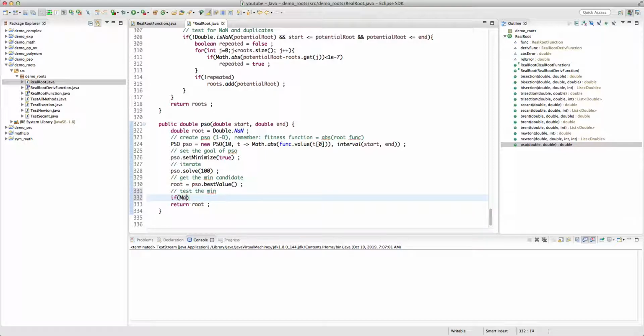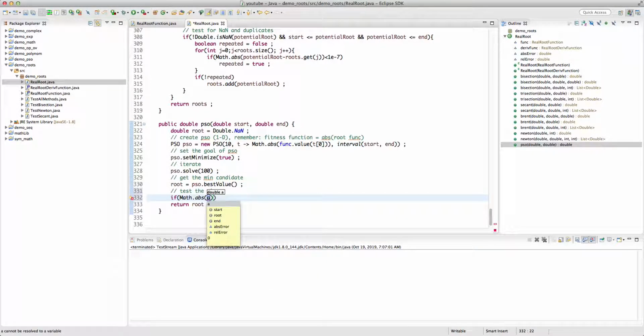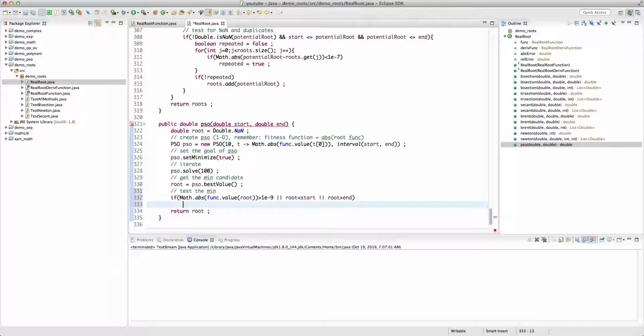So if Math.abs of, what we're going to say is that if we have the func.value at root is not close enough to 0, so if it's greater than 1e-9, or the root is less than the start, or root is greater than end, we want to ensure that the root is also in the interval, because there is a slight chance the particles get out of the interval,